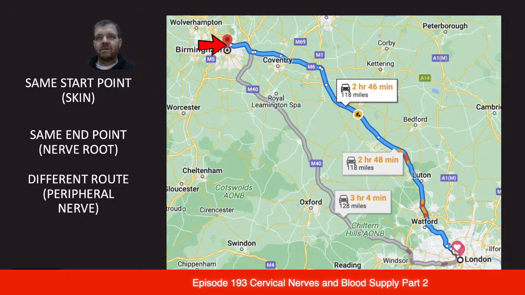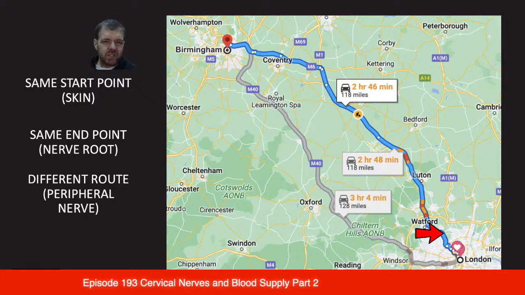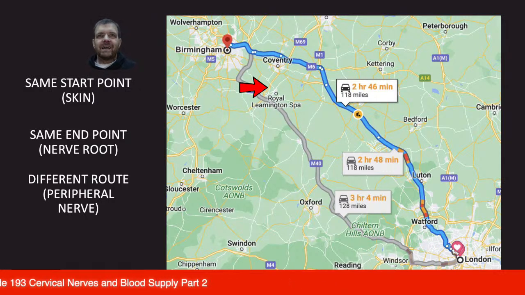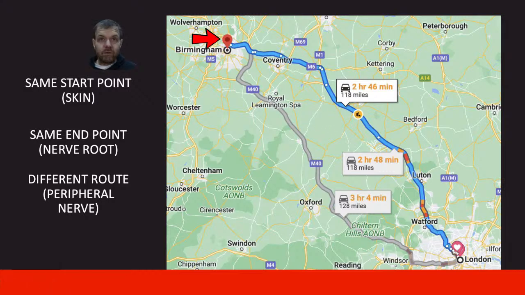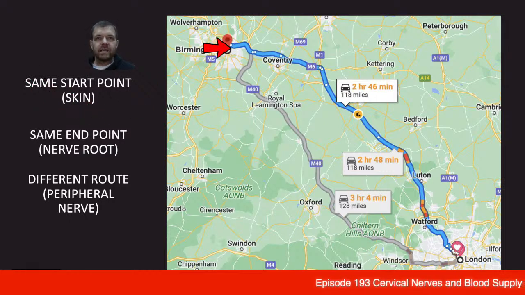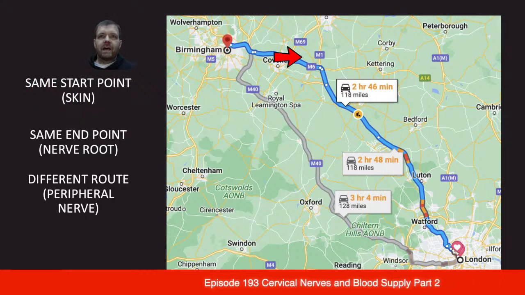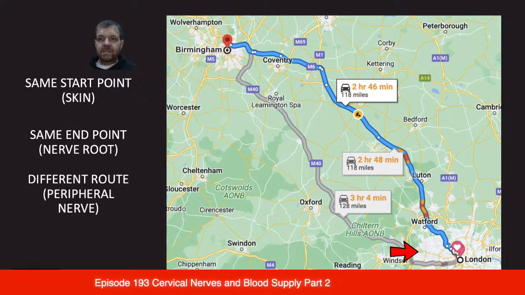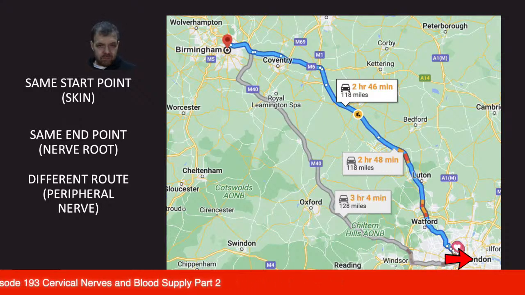Because I live in Birmingham, I chose Birmingham to London. Could have chosen a better destination, actually. So we've got Birmingham down to London. So we've got sensation in the skin. Okay, so same start point in the skin, and then there are different routes to get to the nerve root,